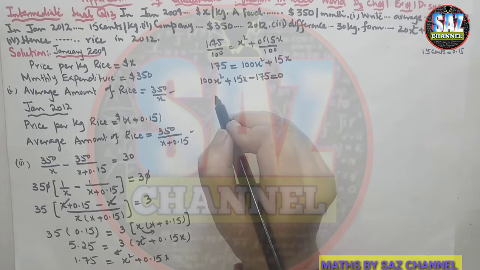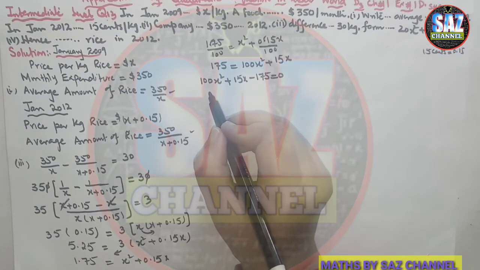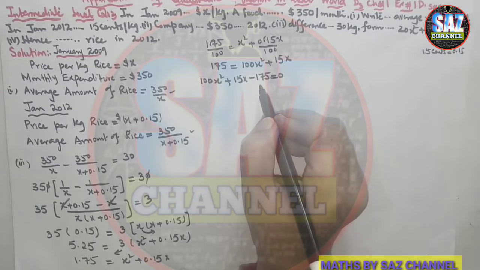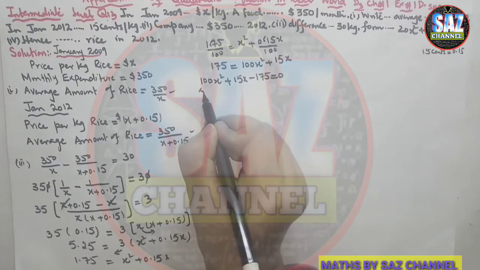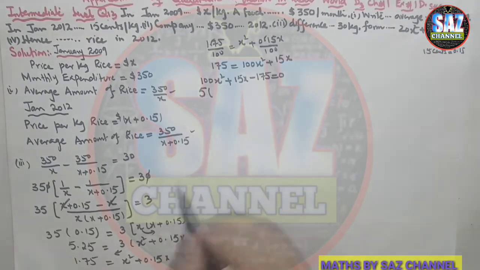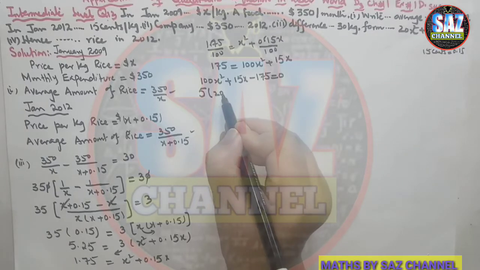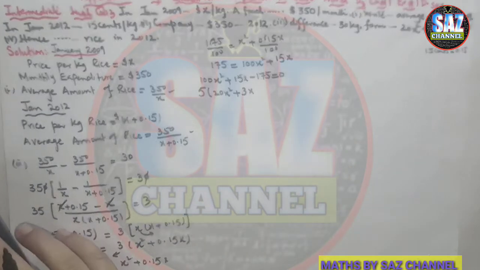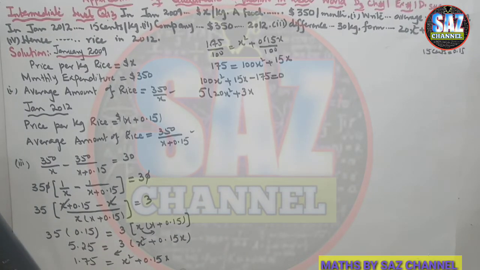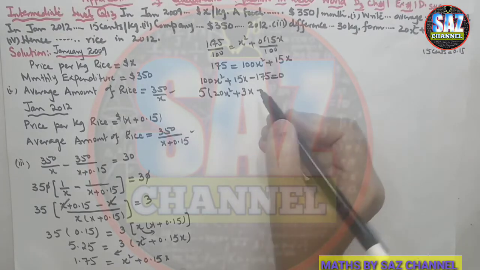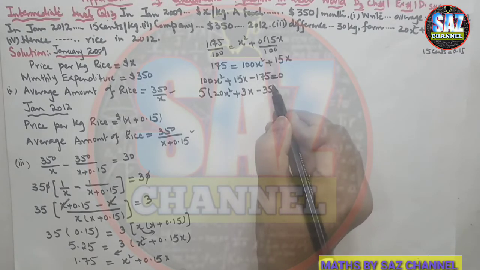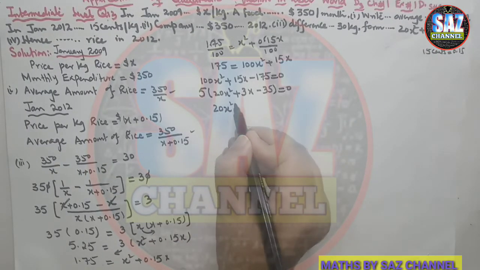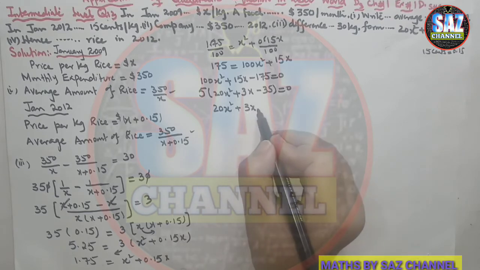Now we do not have the decimal, but instead of 100 we need 20, then 3, and then we need 35. Now what can be extracted as a common factor? If I'm taking 5 as a common factor, 5 how many times is 100? That is 20x square plus 5 3s are 15x, and 175 divided by 5 will give me 35, minus 35 equals 0. Shift 5 to the other side, and my equation will take the form 20x square plus 3x minus